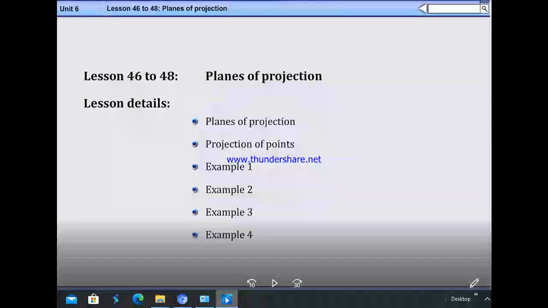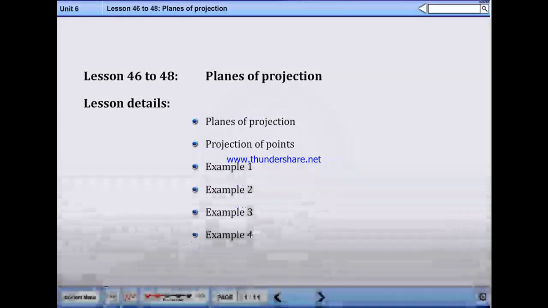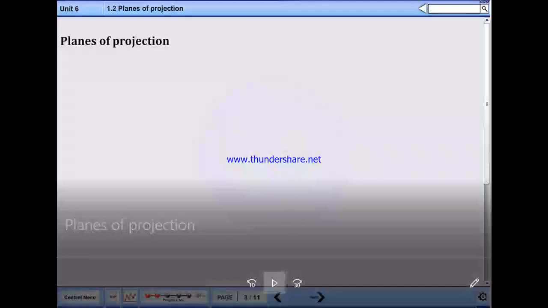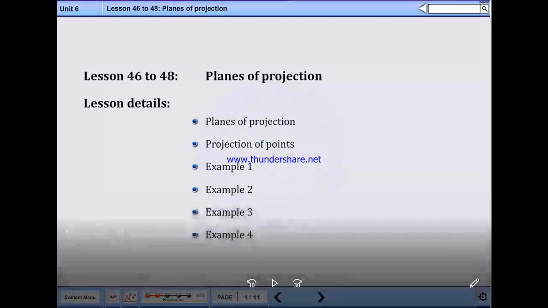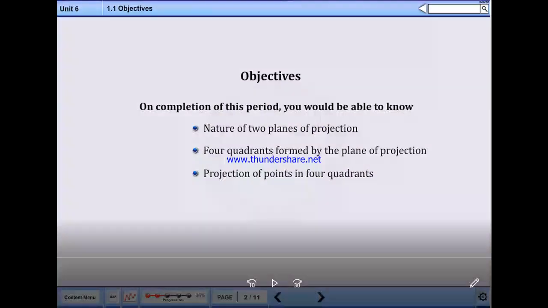In this video, we are going to discuss the continuation of the previous class, that is planes of projections. In this topic, planes of projections, projection of points, and related examples we will see in this chapter. After completion of this, we are going to